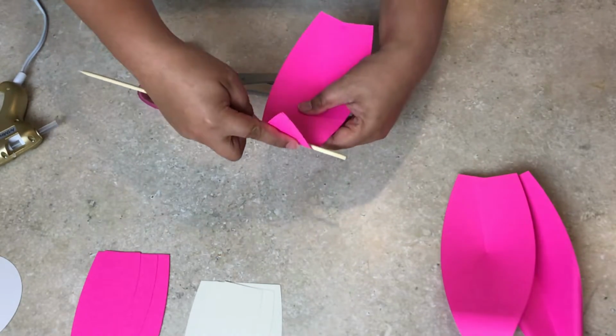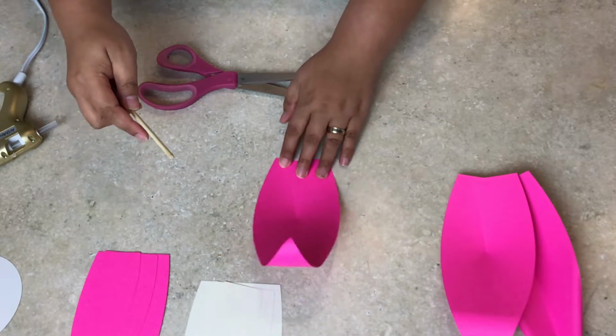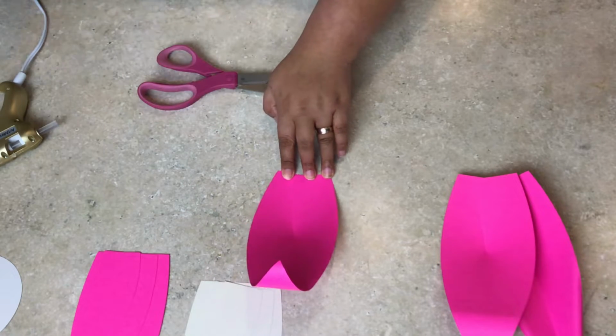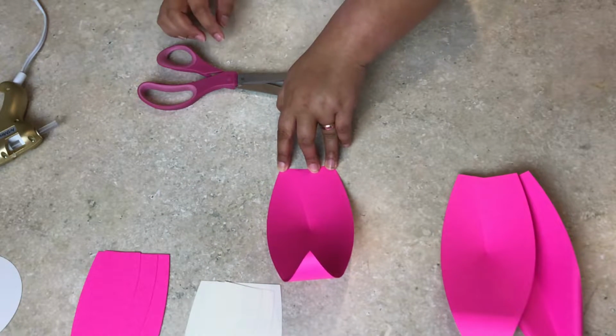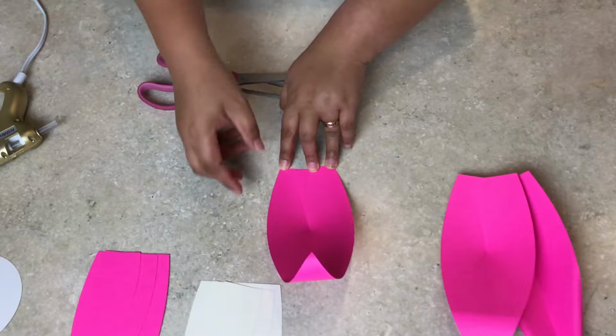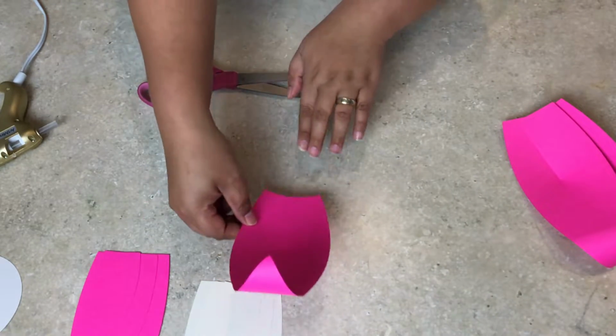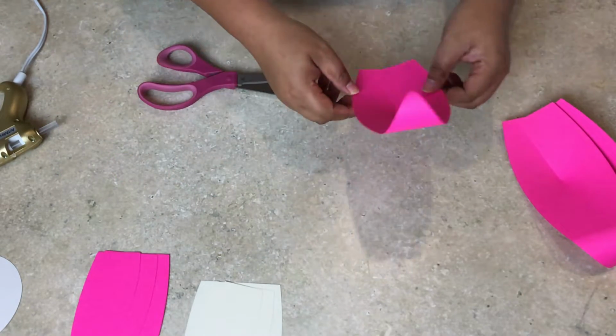And you can curl it inward. Again, you will achieve different texture using the same petal design. The only thing which is common to this is the way how I place the petals